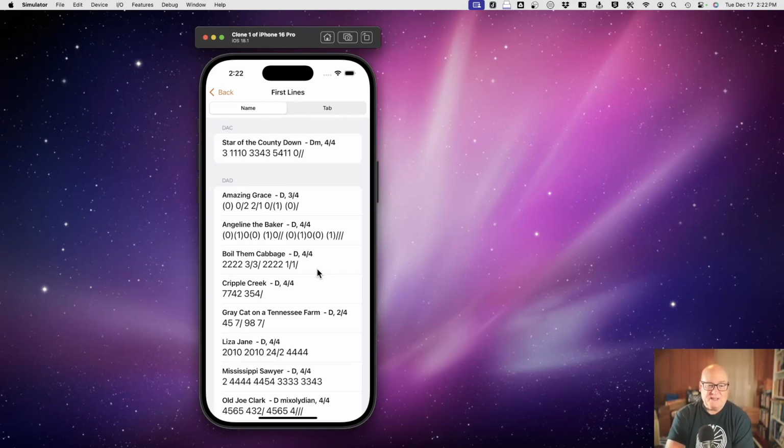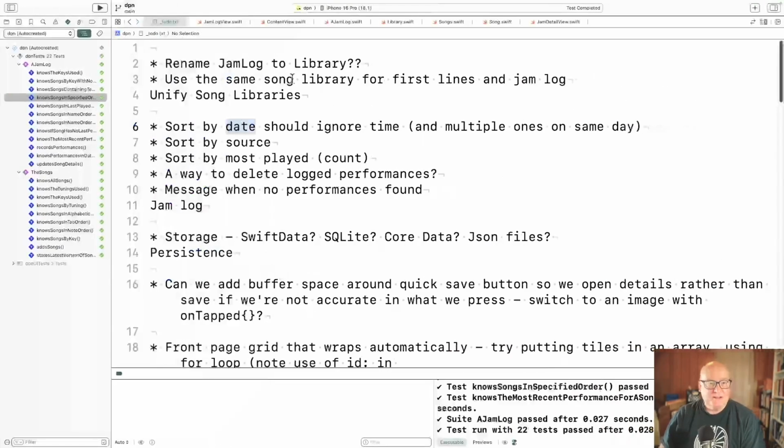And that's fine. You do something. Almost everybody has a version of Old Joe Clark or Amazing Grace or whatever, some of them are similar and some aren't. But I think the goal of unifying these is reasonable, and so I'm going to try and do that. I don't know if we should do these: sort by date, a way to delete messages when no performance is found.